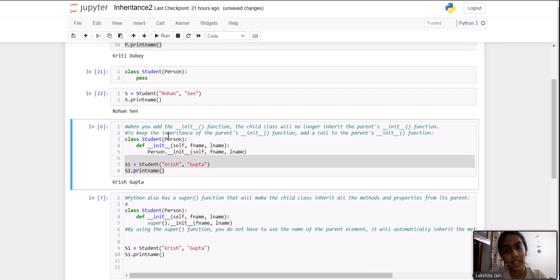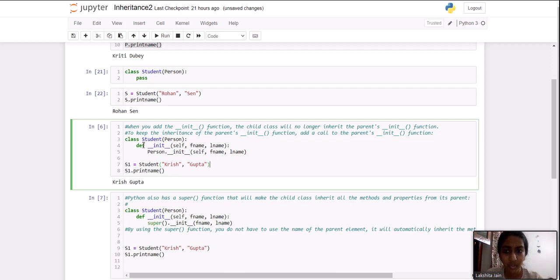To keep the inheritance of the parent's init function, we add a call to the parent's init function here. So how do you add a call to the parent's init function? Please notice here that we are writing Person. Person is the parent class. Then we write dot, Person dot, and then we call the init function of our parent class.